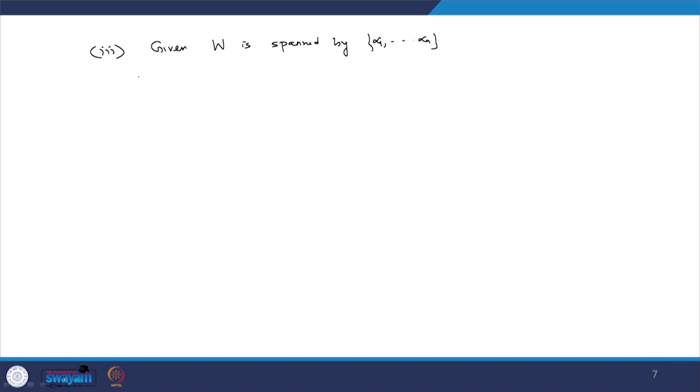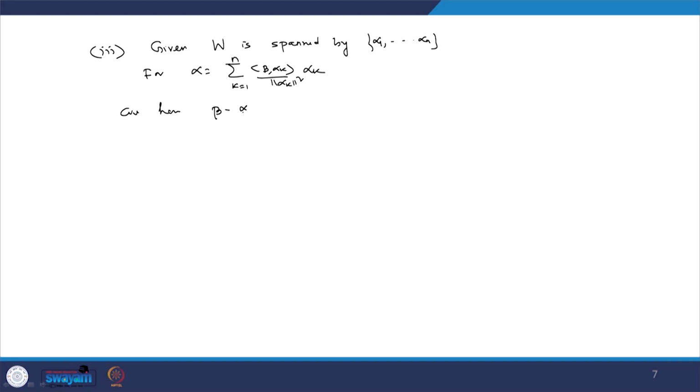We have now for alpha equal to sigma of inner product of beta, alpha k by norm of alpha k square, k equal to 1 to n, we have